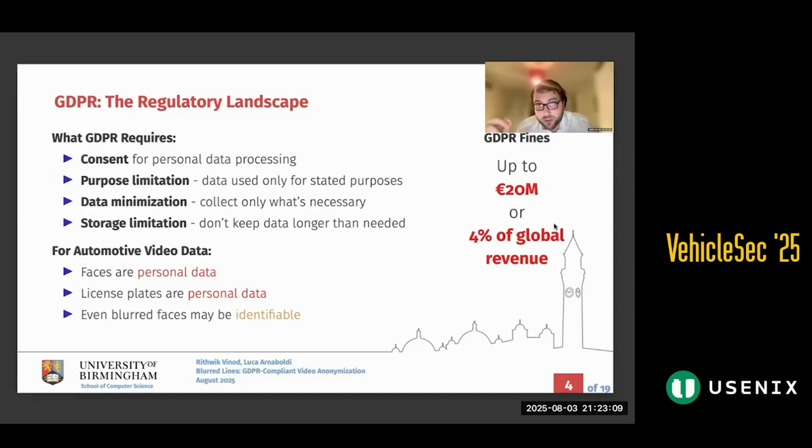If you're going to process personal data, you need consent. You can only share personal data for the purposes you get consent for, and you have to limit it. You should collect only the data that is necessary, and you should not keep the data longer than needed. In practice, if you're accessing a website and asking for cookies or collecting data about the user, it's a very clear one-on-one interaction between the user and the supplier.